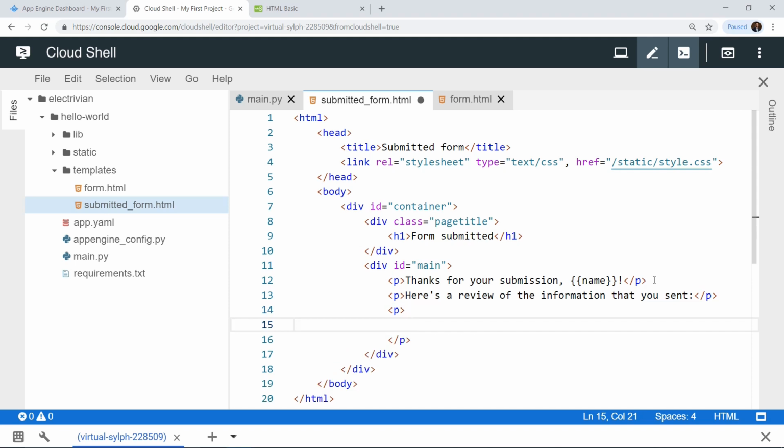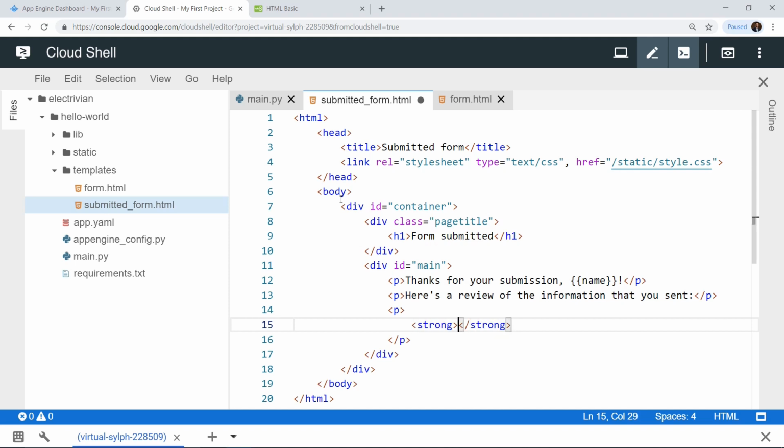And now inside this particular paragraph tag we have to display all of the data which the user has entered one by one. Okay, so first of all we are going to be using the strong tag, and strong is just a way of telling that the text entered inside the strong tag is bold. So we have a strong tag, and then we also have a /strong tag.